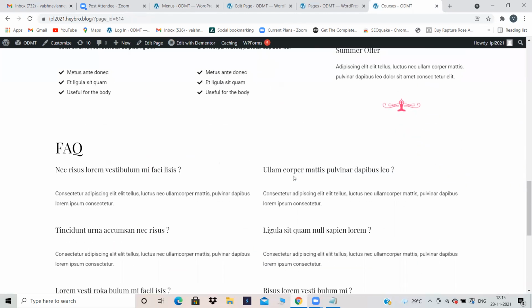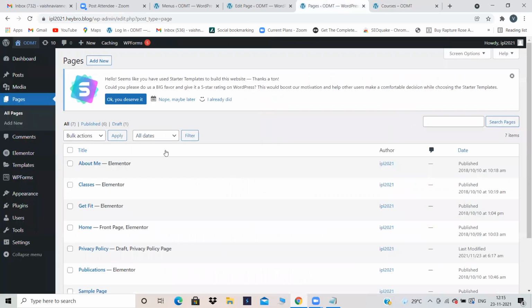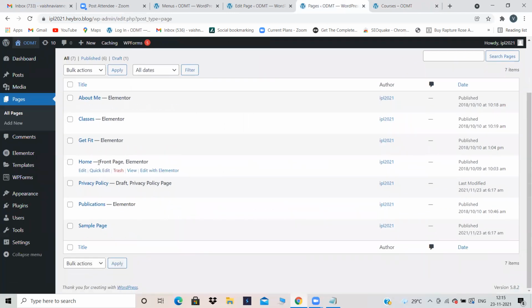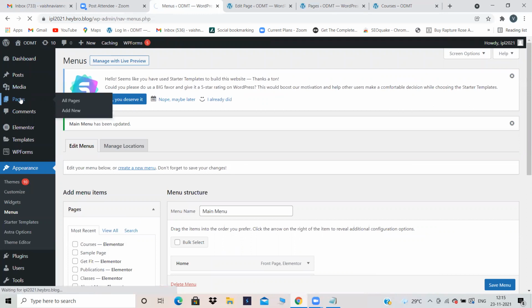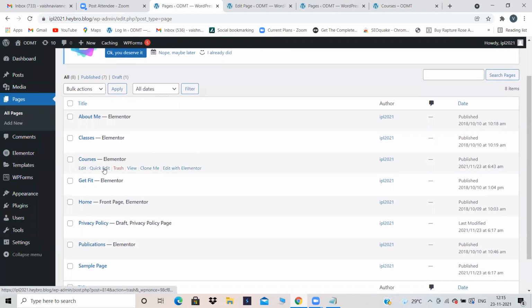If you want to create a copy of an original page, then you have to install a plugin called clone pages and activate that plugin. And here, which page you want to be cloned, click over there and the clone option will be there. Just click on clone option and that particular page will be cloned. If you want the get fit page to be cloned, click on clone me and create a new page. Give a new name, but the content will be same. The whole content will be same.